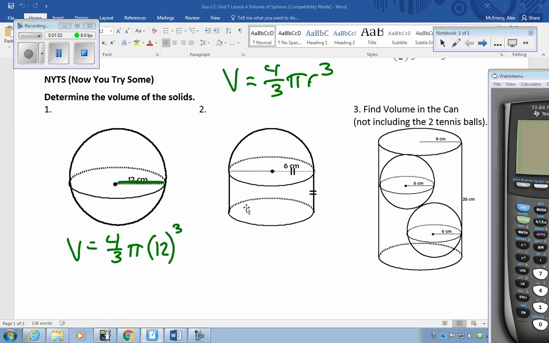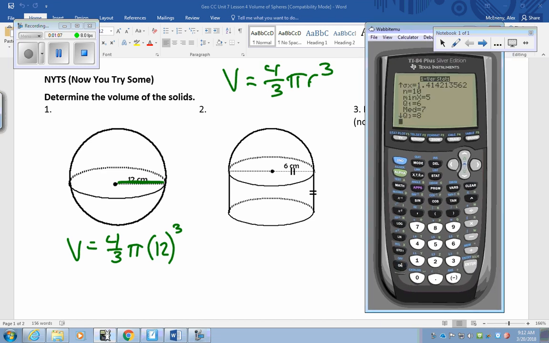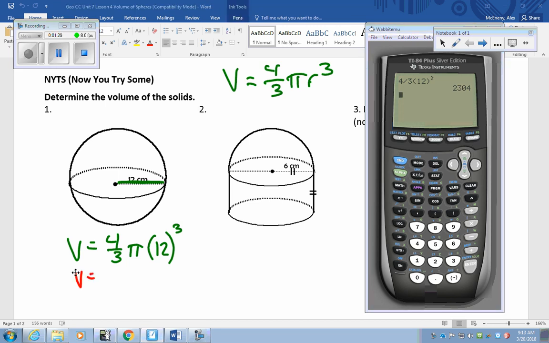And I'm going to write this in terms of pi. So I'll take my calculator, turn it on, and type in everything except for that pi symbol. So we got 4/3, and then we have parentheses 12, and then we use the caret symbol for the exponent, and then I can put the 3 in. So our answer in terms of pi is 2,304 pi